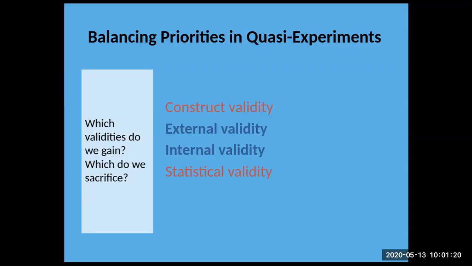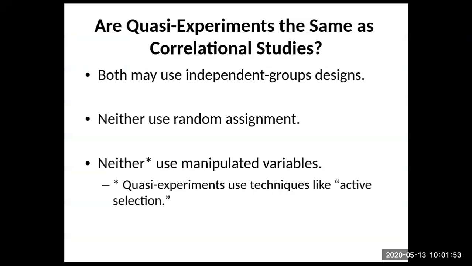If you don't have good construct validity, as we have established in this class, then we're in trouble because that means we haven't measured or defined our variables in the best way possible. Statistical validity, to know that we're getting actual results, we need to know that the measures are good, that we have enough people and all of that stuff, right? So we're definitely not sacrificing there either. Of course, you can't help but at least a little bit sacrifice internal validity, even though you're making sure you don't lose a lot of internal validity. So